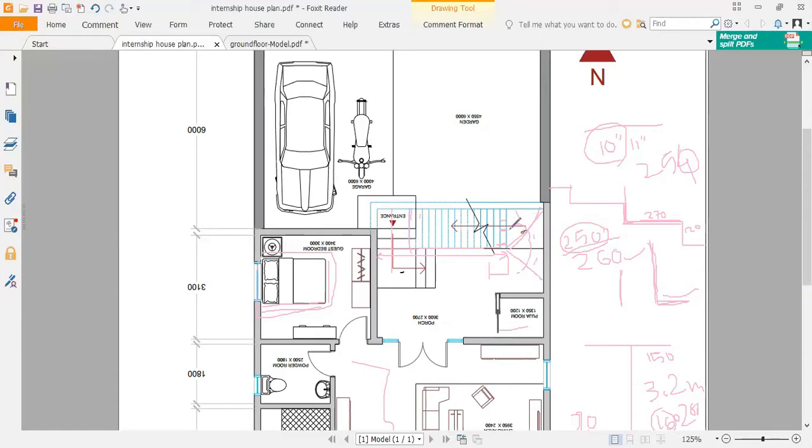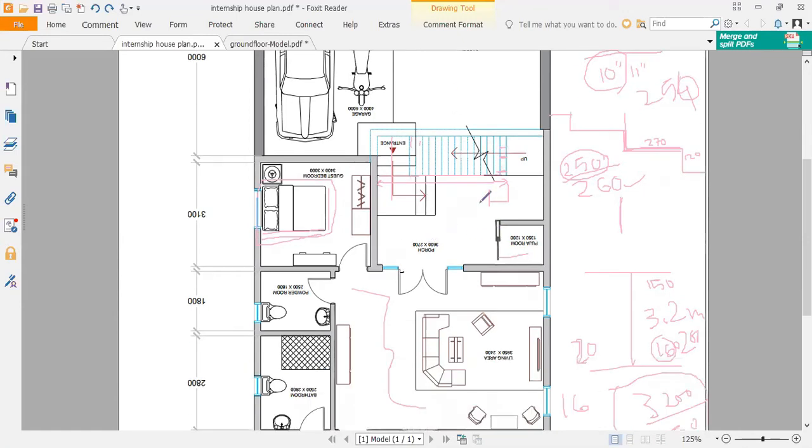Yes, so this one's better. In that case your number of risers will be the same, but the number of risers in these portions will reduce, and you will get more space to accommodate your treads. You just try that, you will realize that the width of the tread will come much greater than 200. It will come somewhere around maybe 205 or 210, something like that. That way you can do this, and this is good actually.